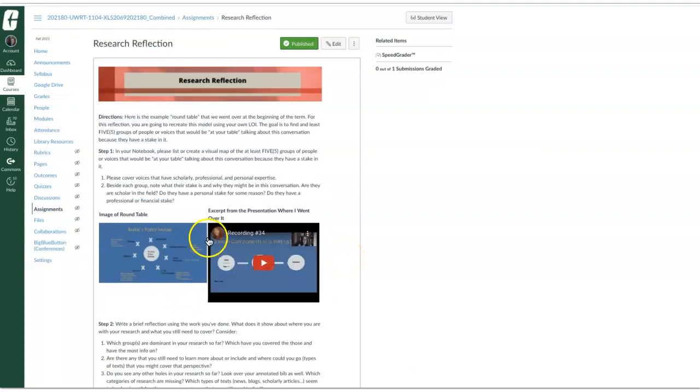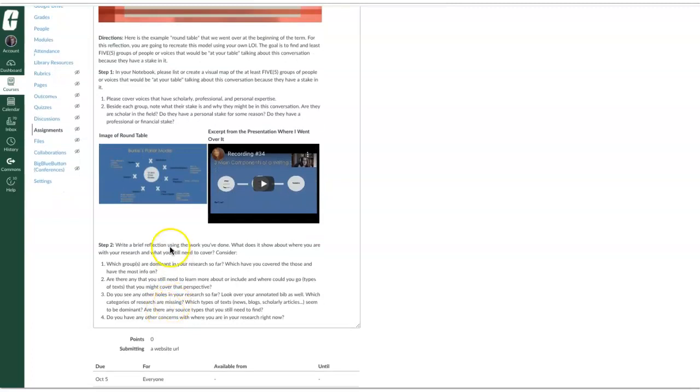So in your folder, you're going to create a visual map similar to the one that we did in the beginning of the semester of the conversation. So we did this one, the Burke's Parlor. We did violent video games and teens, and then there's a little video clip that kind of reviews that if you need it. And then beside each group, so in your map, you're going to cover the voices, the groups of people that have scholarly, professional, and personal expertise,